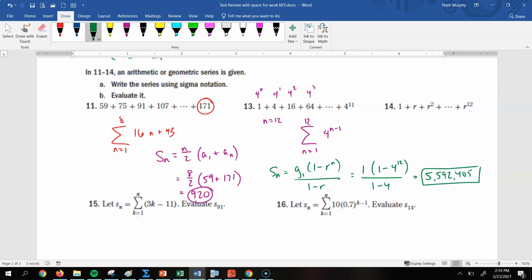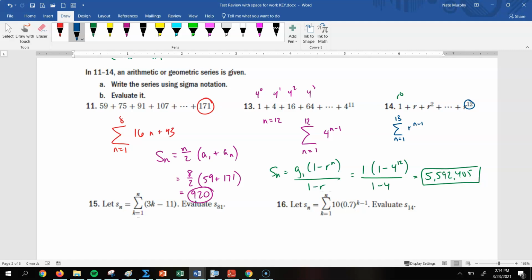All right, let's look at number 14. So for 14, it's going to stay as an equation. So we see here that, again, this would be r to the 0 power, meaning that we would just have, I'll do n equals 1. So we would have a total of 12 plus that one. So we would have a total of 13 items in that set. And so again, our constant ratio is just 1 here. So we'd have r to the n minus 1 power